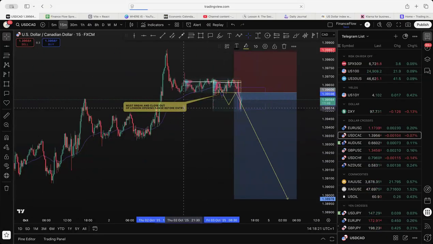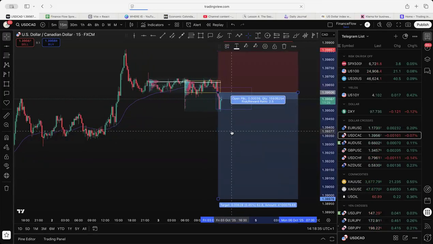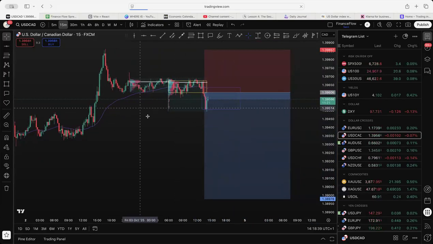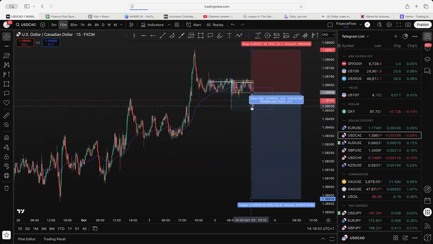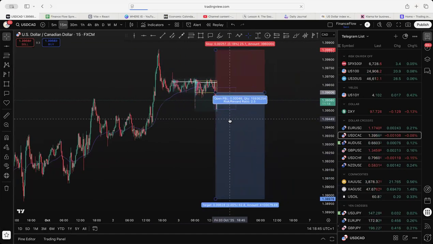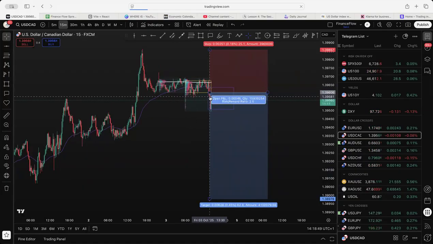USD CAD was one that we were monitoring this morning. Must close out. It's only just broken through. There hasn't been a ton of price action today, so we need to be aware of that. However, I do like this trade here. It's still valid. We're technically trending to the downside. We've made our lower low here. We're pushing back up. We broke out of London Open. We're trading below the EMA.